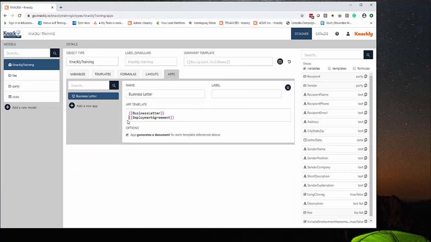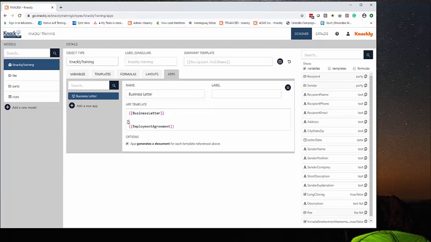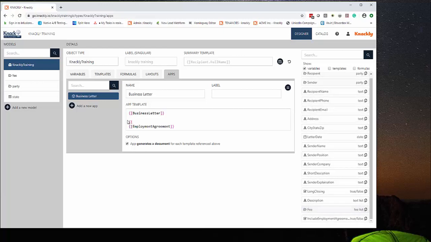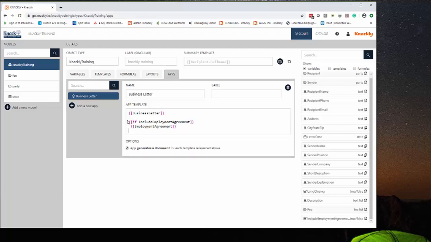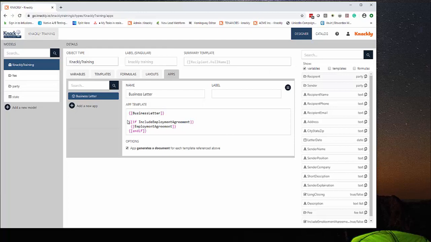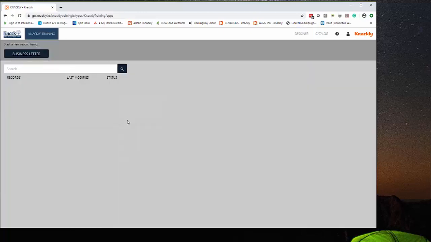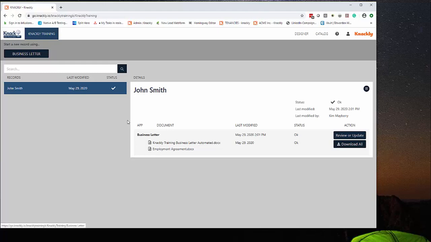What I can do is an if statement around the employment agreement. So really I can just copy this. If include employment agreement, and I like to give a little bit of spacing there so I can see, and end if. Click save, and now I go back in, review and update,